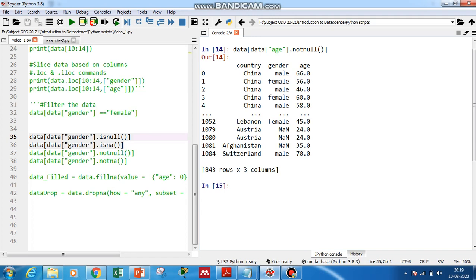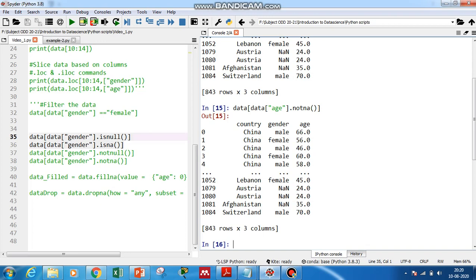Similarly, you can use notna, which is equal to notnull.